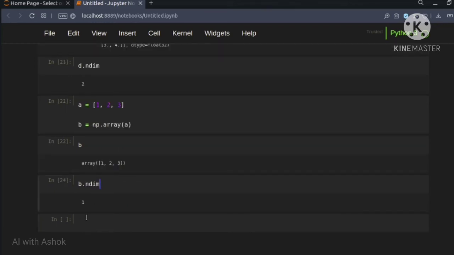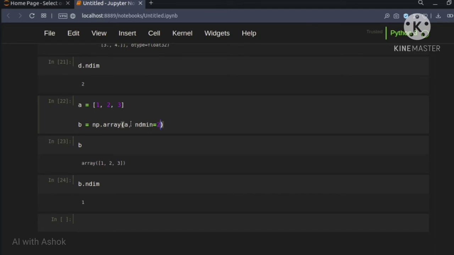If we give b.ndim, it will have a dimension of 1. The number of dimensions is 1, but we want it to be a matrix, so it should have 2 dimensions. So we can explicitly mention we want a minimum of 2 dimensions. That can be done by giving ndmin, minimum dimension, as 2.